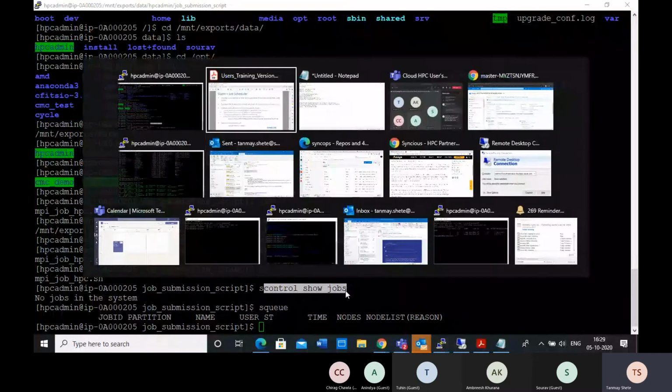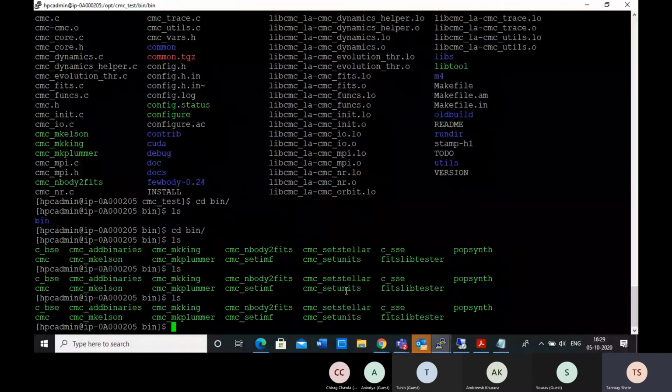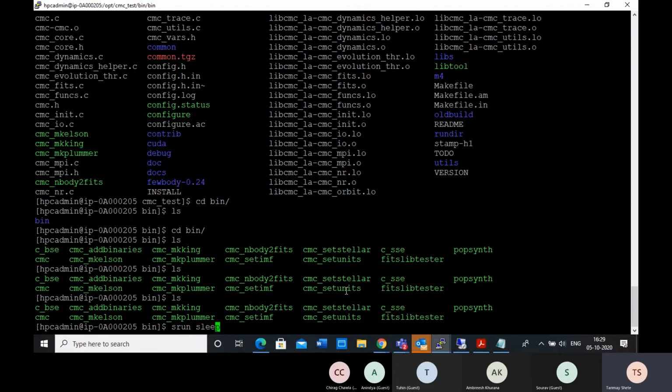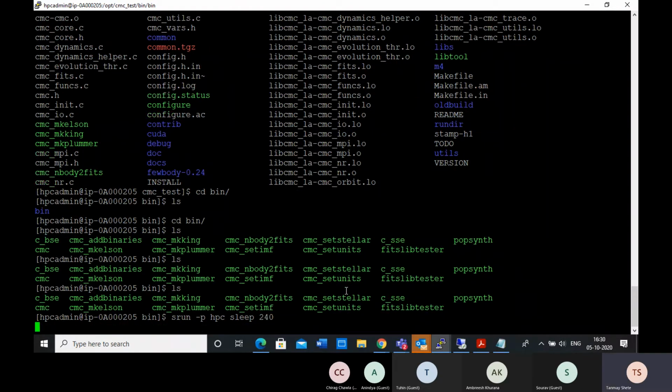While I don't recommend it that way, let me submit a job with srun sleep, with the partition as the HPC partition, for 240 seconds, so 4 minutes.